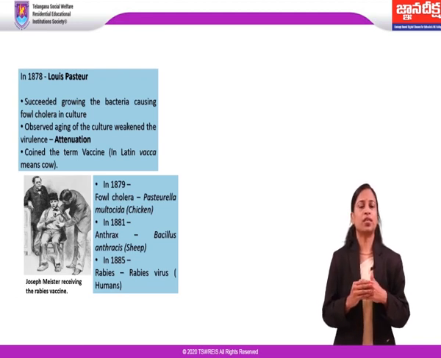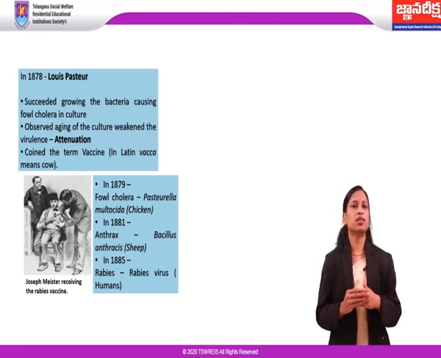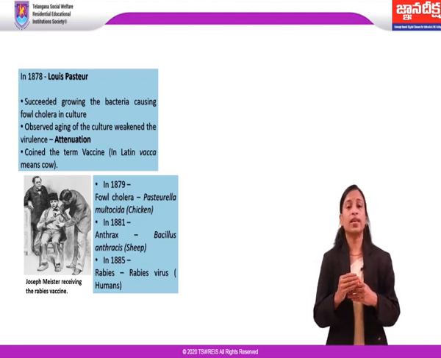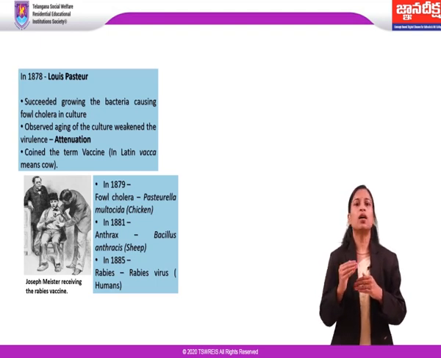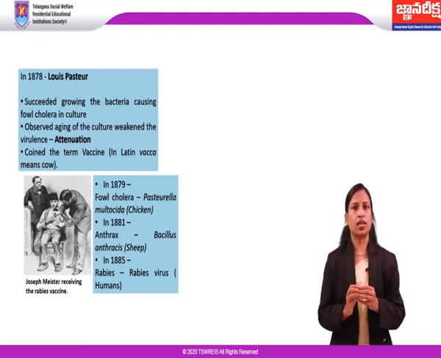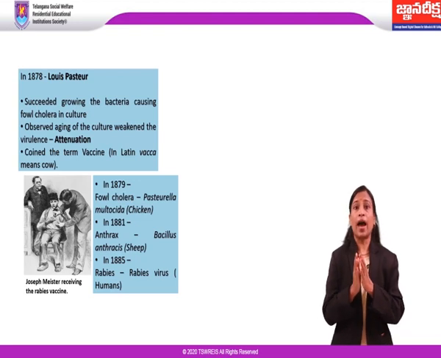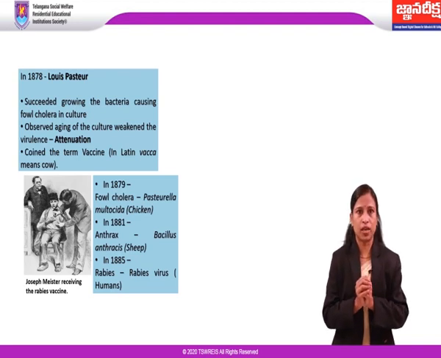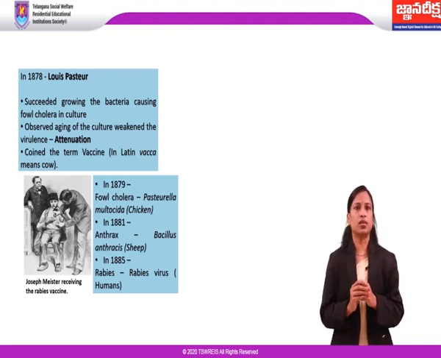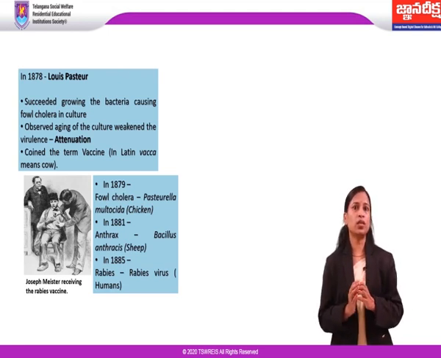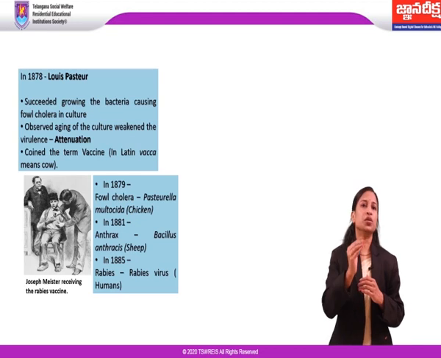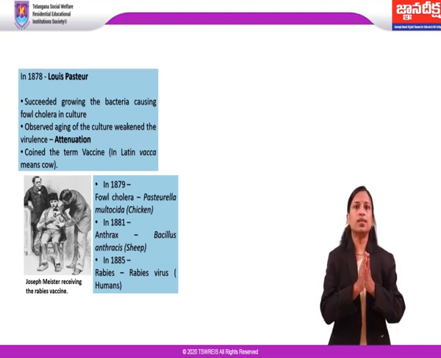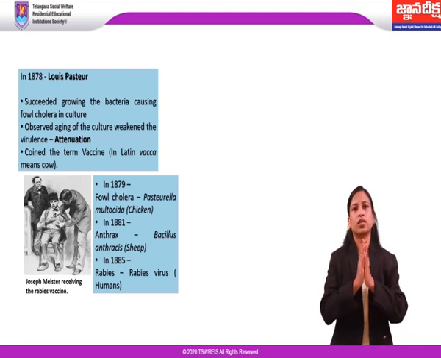Later, Pasteur grew a fresh culture for injecting it into new chickens, but due to the limited supply of chickens, he had to use the same old chickens along with the new ones. But to his surprise, only the fresh chickens died and the old chickens survived and were completely immune to the disease. This led to the discovery of attenuation, that is, the aging of the culture had weakened the virulence of the pathogen and upon administration it induced immunity. And he called this attenuated strain a vaccine in honor of Jenner's work with cowpox.